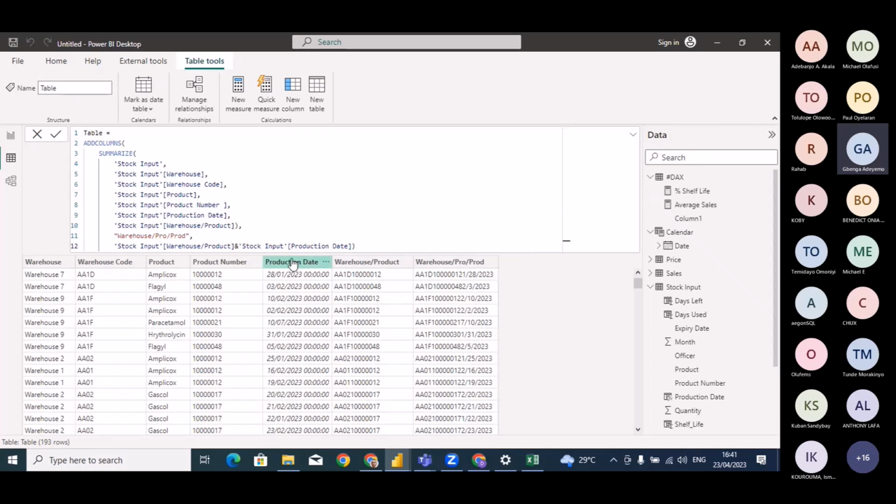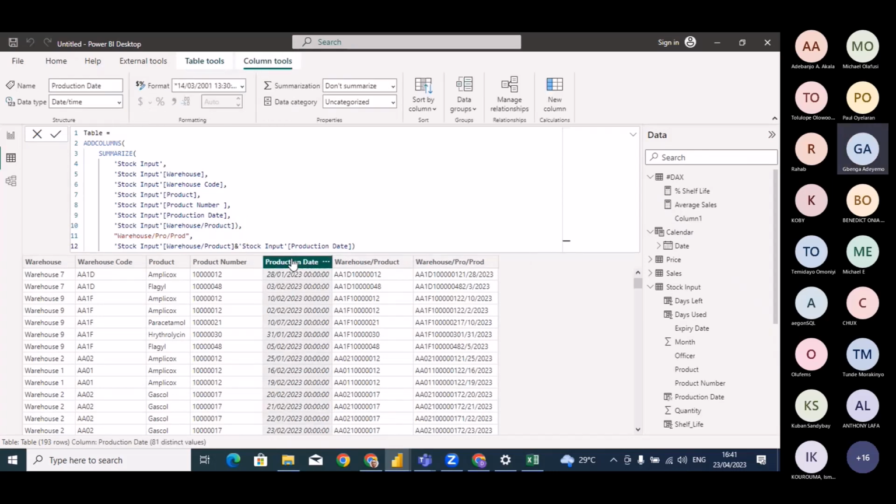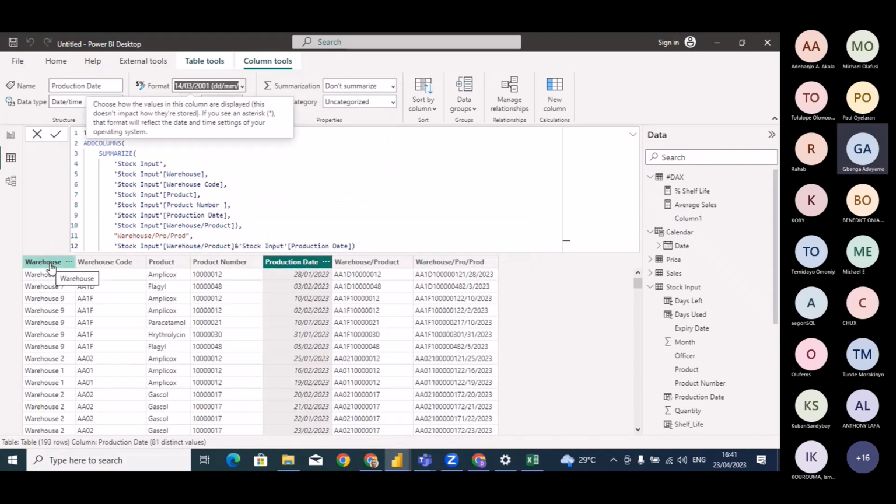Production date here. Let me just change it to day month here. I'm going to explain what I'm doing exactly. So on this new table that I created, it has a list of all the warehouses, the warehouse code, product name, production dates, the warehouse / product code, and the one that concatenates also with the production date. Now, let me go back to